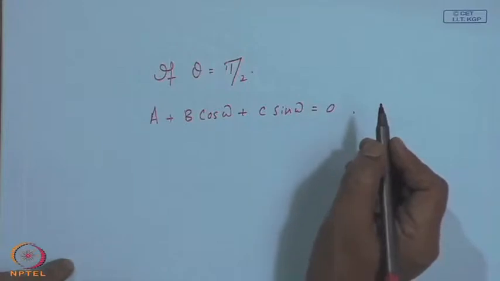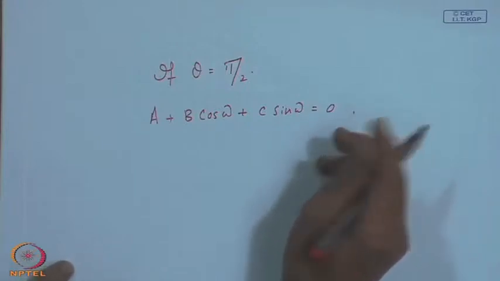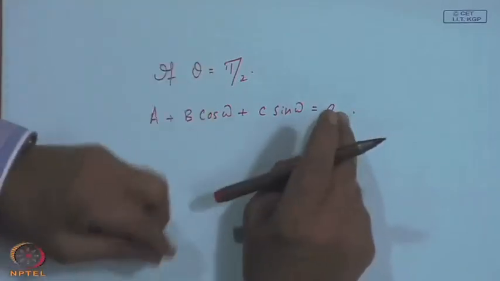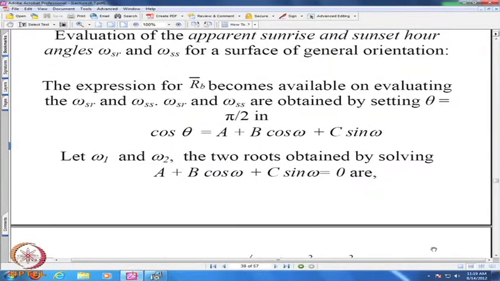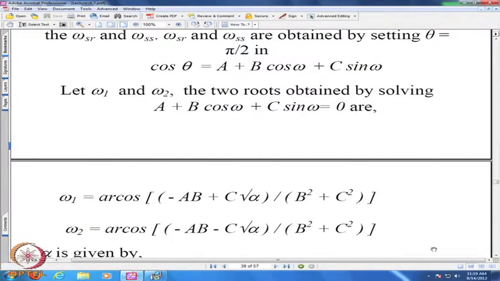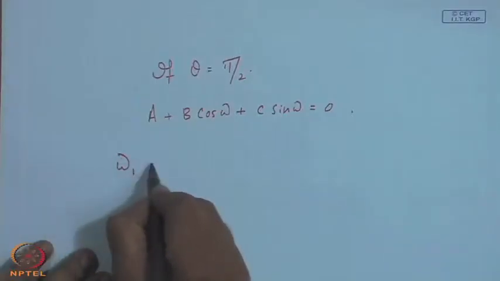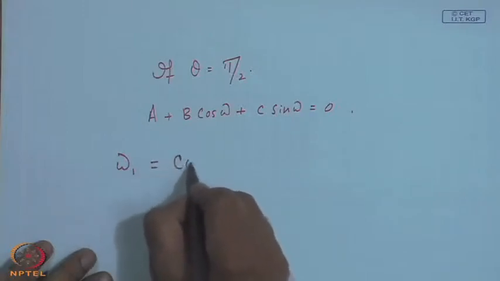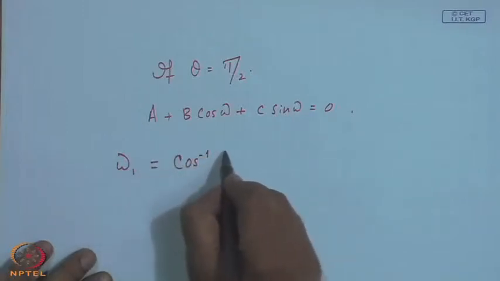For this discussion, it is not necessary to have exact expressions for a, b and c, though the magnitudes will ultimately decide what are the values of your omega s r and omega s s. Now, you can solve this equation and let us say I do not know whether it is omega s r or omega s s, but omega 1 will be cos inverse of